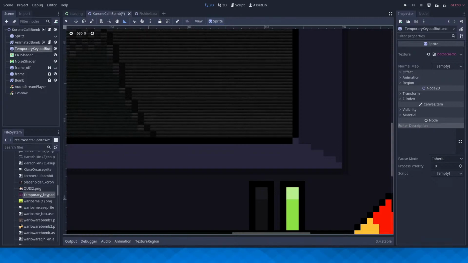Alright, time to calculate some stuff. So 776 divided by 4, because it's being upscaled 4 times. That's the case for a lot of sprites in the game. That's 194. So if I divide that by something like 24, I get 8.8 something.